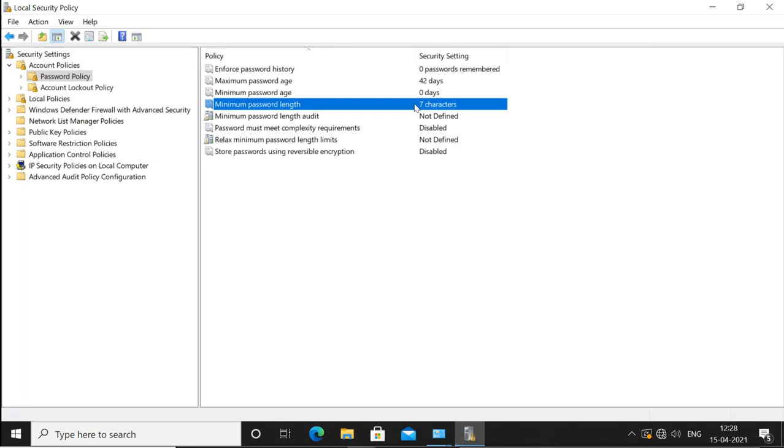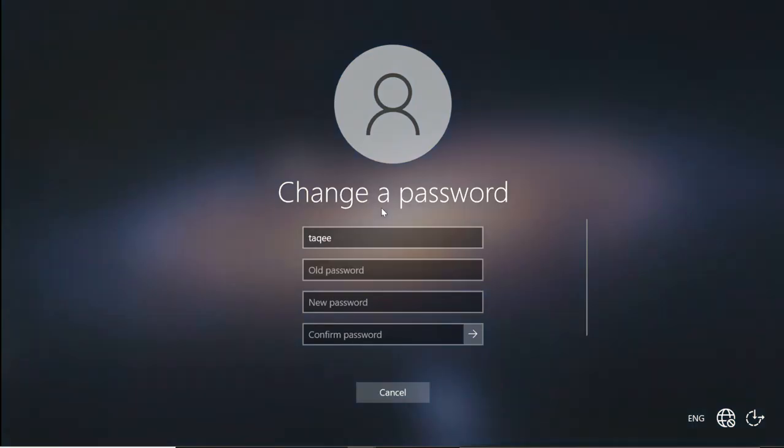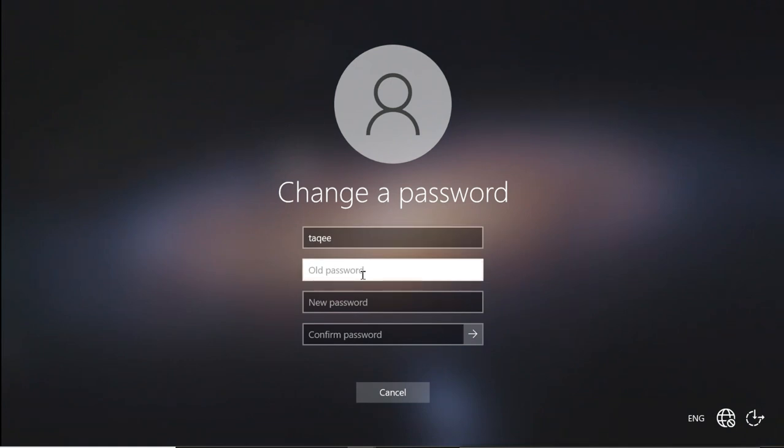It has to be 7 characters or more, because I have added this policy here. Now let's see what happens when I try to change the password. Remember, the minimum password age is not applying and password history is also not applying, so I can use the same password again.